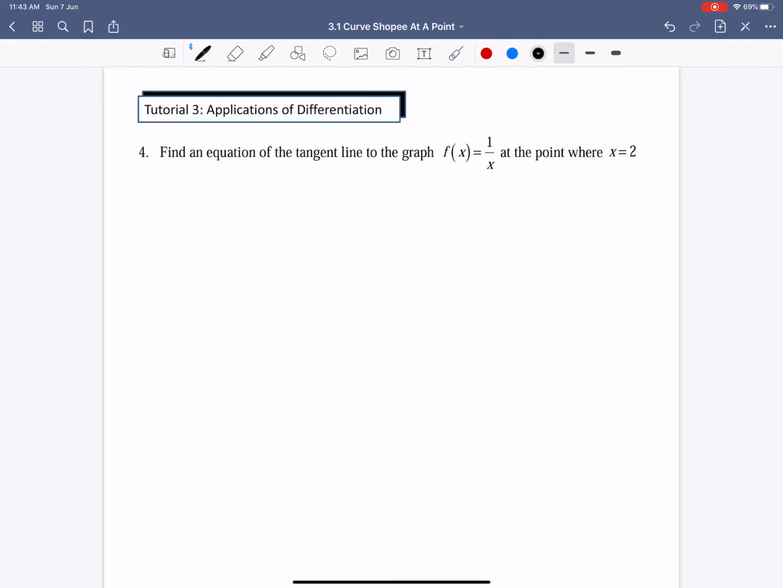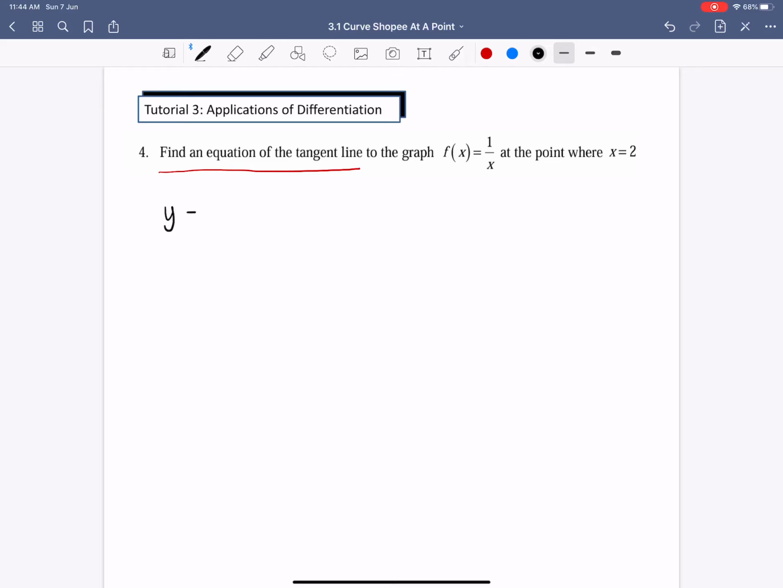Next, for question 4, we want to find an equation of the tangent line to the graph f(x) equals 1 over x at the point where x equals 2. Let us observe what important information we need to take care of here. First of all, the objective of the question is to find an equation of the tangent line. We know that it is a linear equation, where a linear equation is